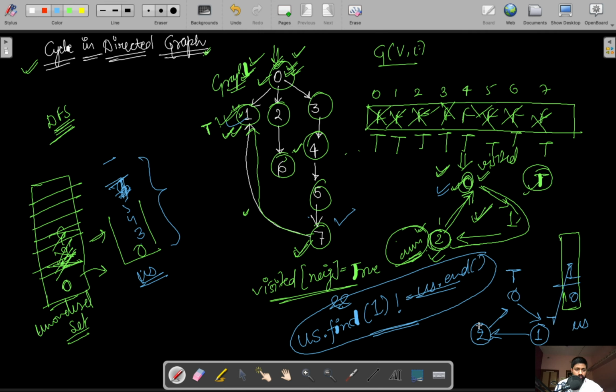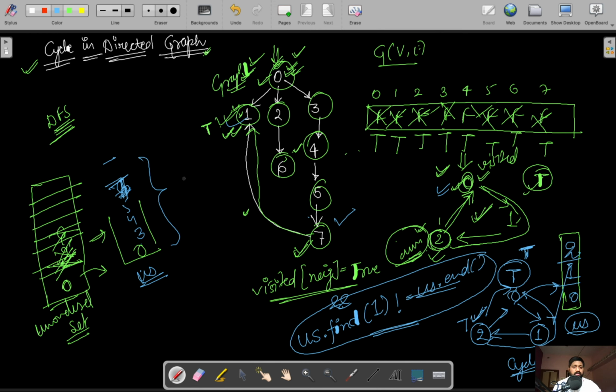After that we visit 2, make visited of 2 true and put it into the unordered set. After that we visit the neighbor node of 2. In this case, visited of 0 is true, and also 0 is there in the unordered set. That means 0 is an ancestor of this particular node 2. So we found out that there is a cycle in this graph.